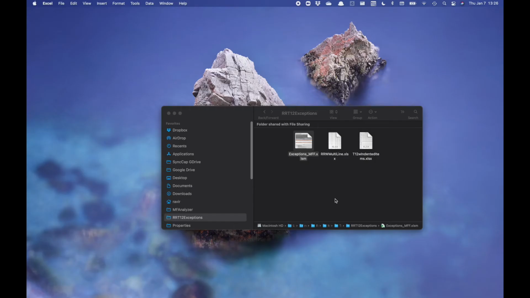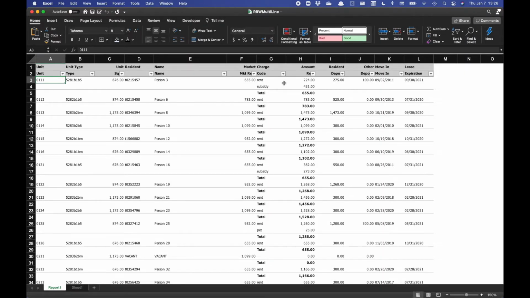In this video, we're going to see how the analyzer can be used to extract data from rent rolls and T12s that come in other commonly used formats. For the rent roll, I'm going to open this version of the rent roll up and show you a format